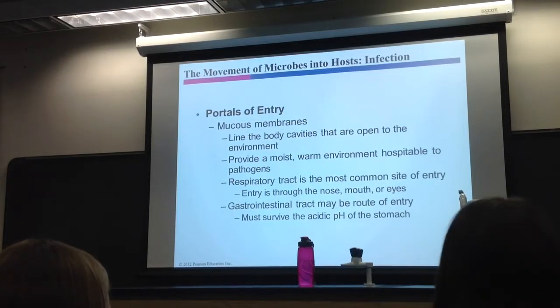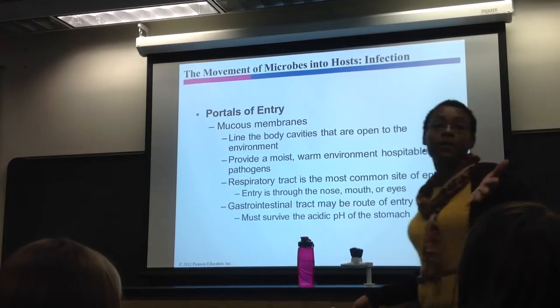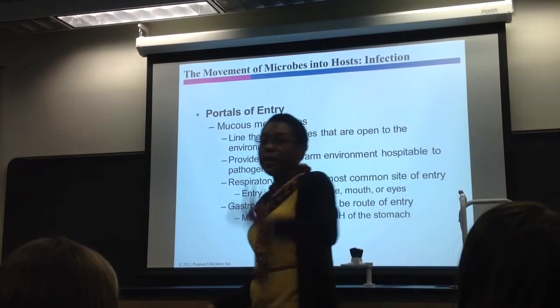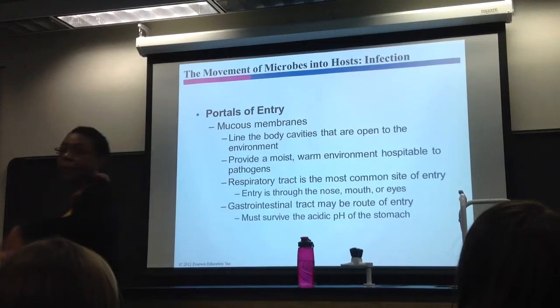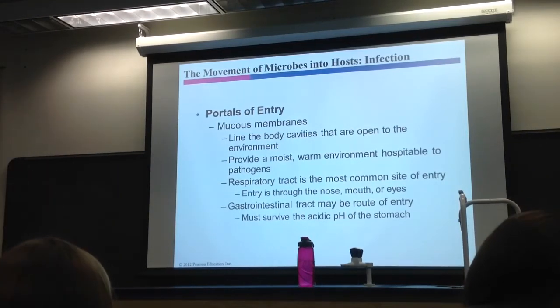Now, I mentioned before, it's not a good idea to touch your eyes with your hands, right? Because this is how you get influenza virus or the cold virus. You basically touch surfaces, right? And then you rub your eye, and you just put that virus onto that conjunctiva. It's basically a mucous membrane, it's thin,